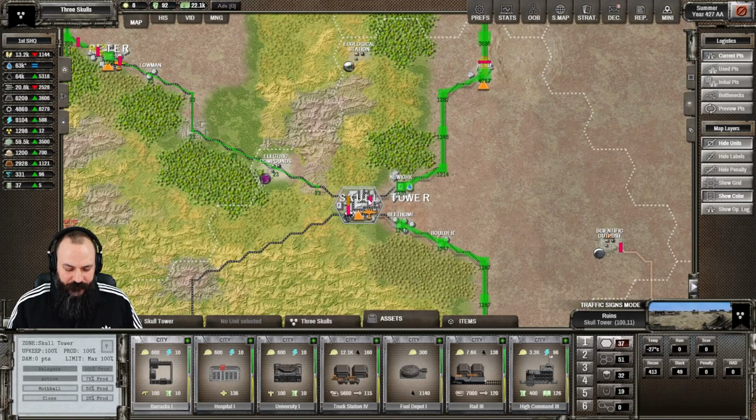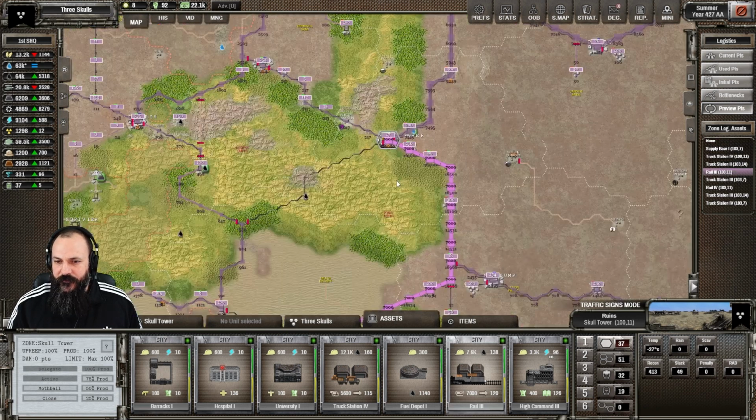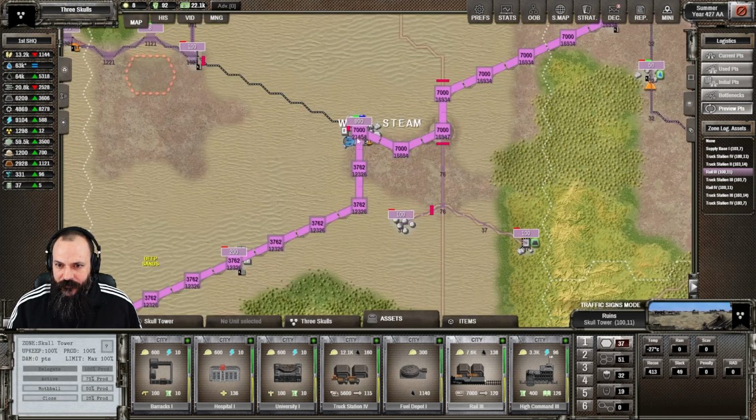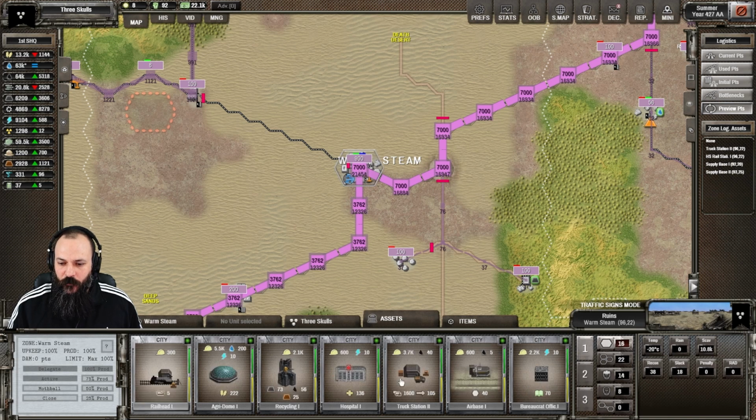So what I've actually done is I've managed to refocus it. This took me ages to figure out. What I've had to do is literally diagnose my entire situation. So, for example, I'll click on the preview. Then I go across to the zone log assets and click on the rail station. Then I watch it go down, and I try and find where it is that the points are diminishing. So you see, we've got 7,000 points up until this point, and then we hit Warm Steam,